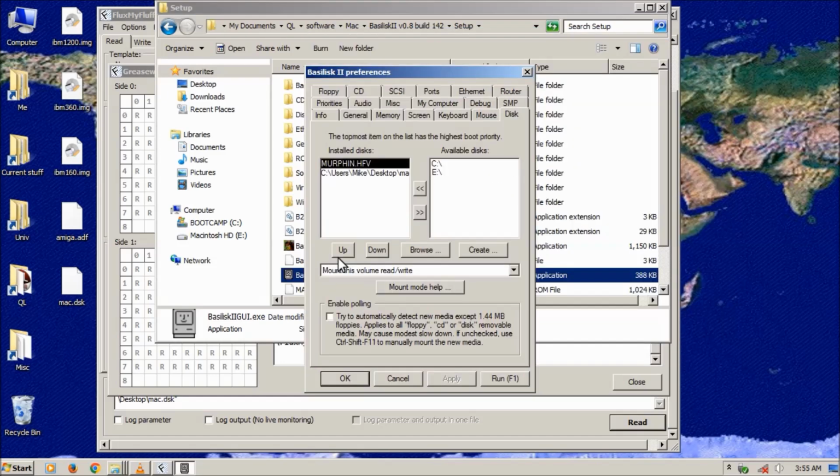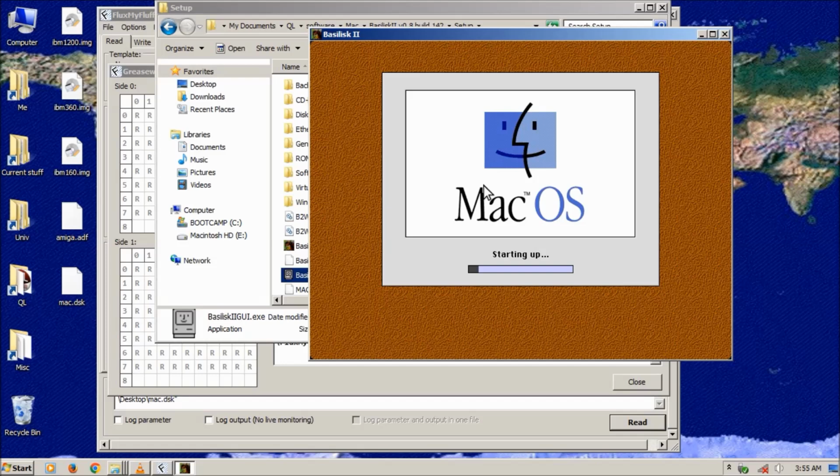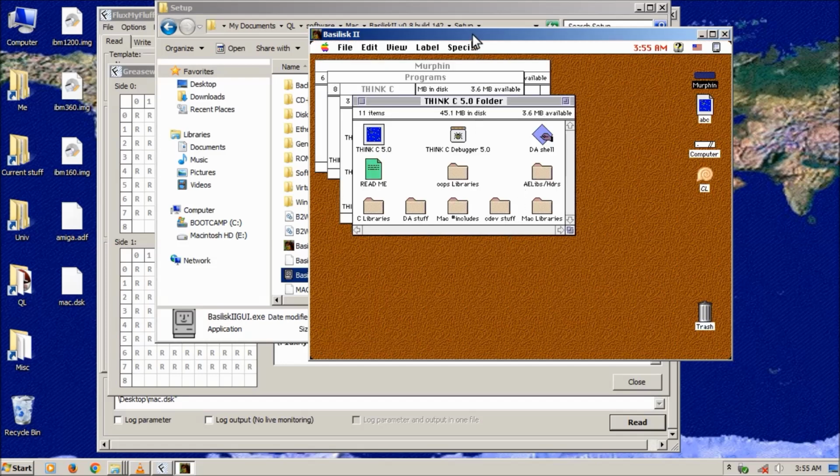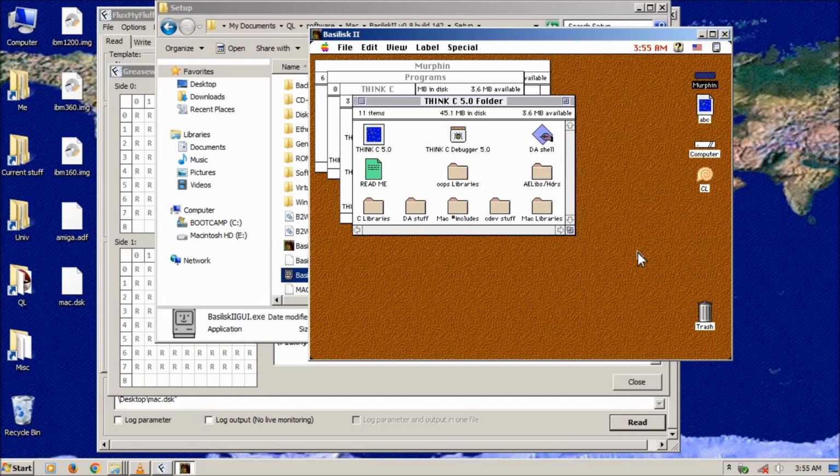Let's open up the config. Let's remove that and run. And this boots up pretty fast, which is nice. And again, check for floppies, and it just never finds it. If I use the high density one,